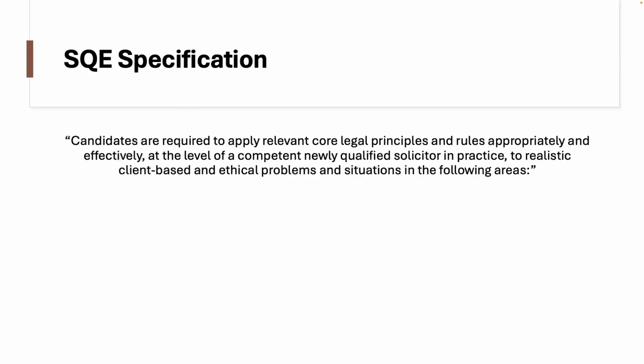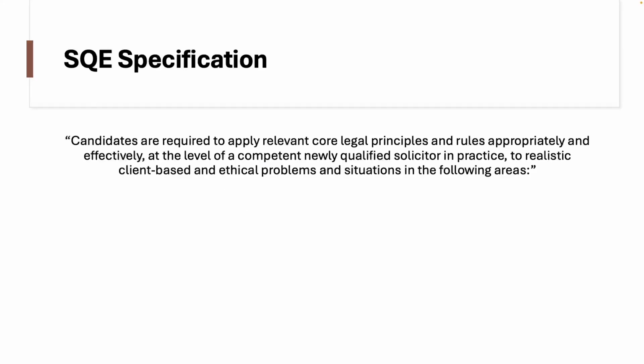So this represents a standard which is higher than the standard that had previously been established with the LPC, and it represents exactly the type of questions you are going to be asked in the first SQE exams, what they're going to look like. They're going to look like questions where we have to apply relevant core legal principles and rules at the level of a newly qualified solicitor in practice to realistic, client-based and ethical problems and situations. Simple as that, really. In terms of the following areas